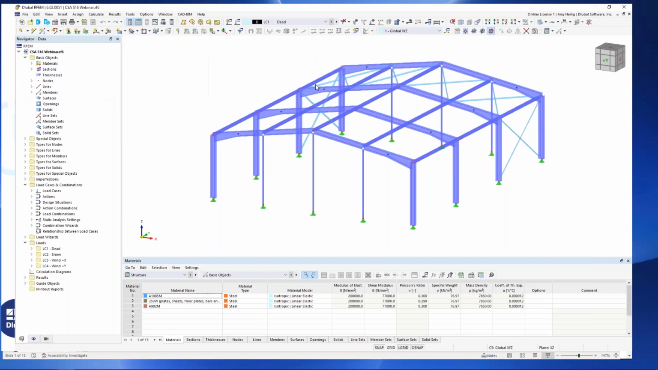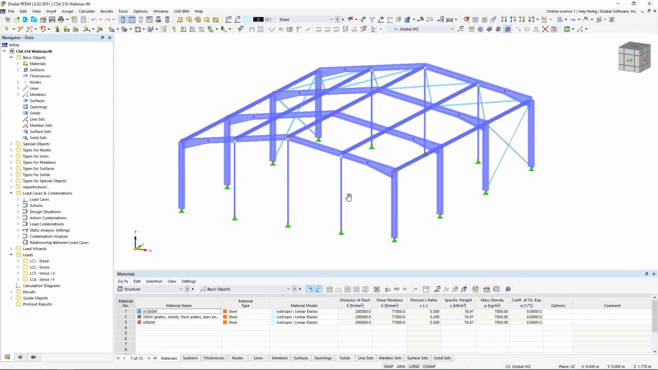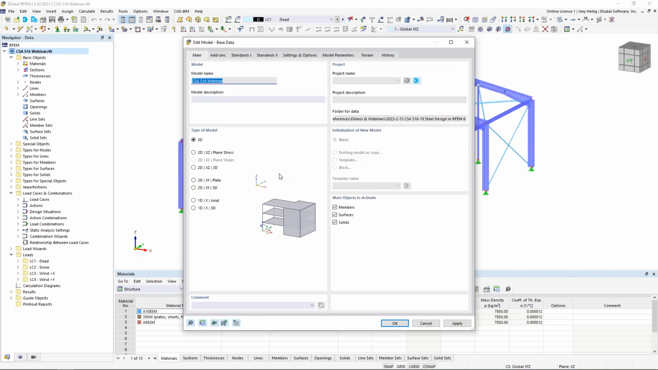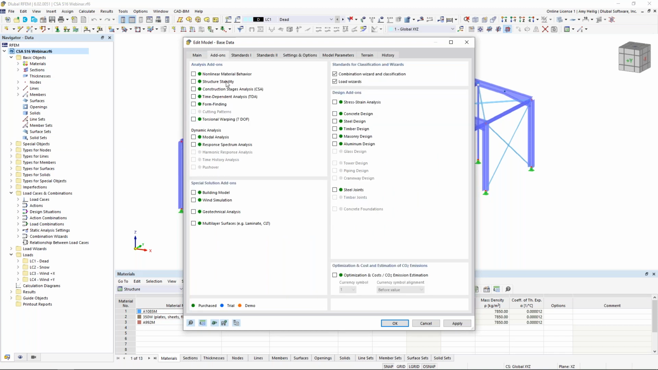So we'll switch over here to RFEM 6, and as mentioned, we've already modeled the structure here just for the sake of time. Before we get into reviewing this structure, I want to right-click here on the model name within my navigator to access the base data. This base data will be what first pops up when you create a new model. And under this second tab, these are all of our optional add-ons. Notice that none of them are turned on right now. So everything that you'll see in this first portion of this webinar is involved within RFEM alone without turning on